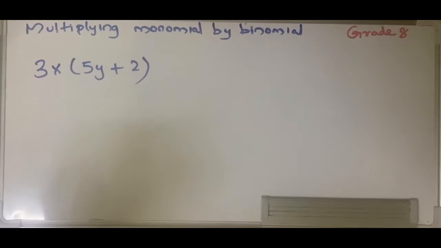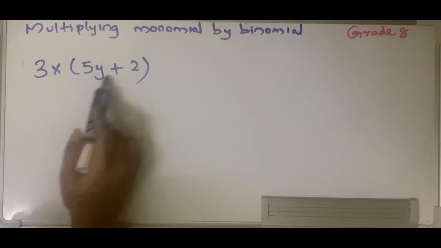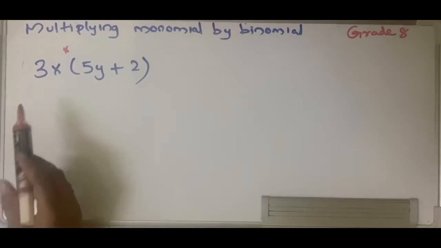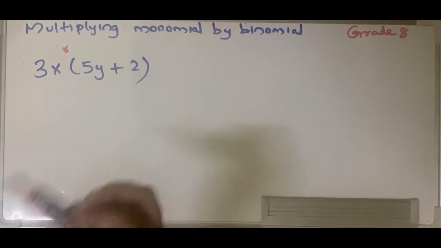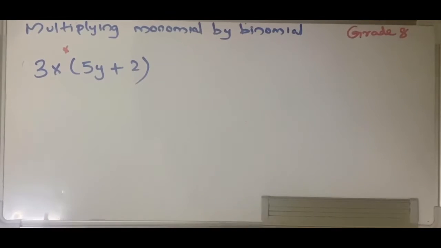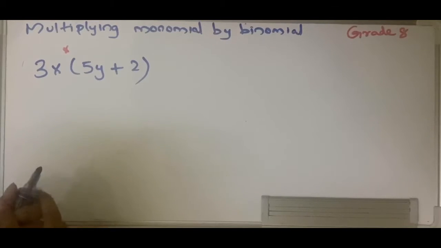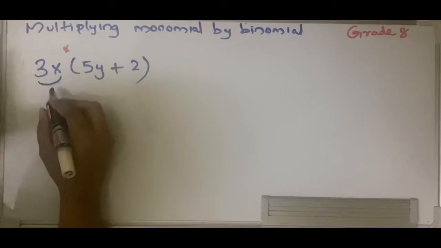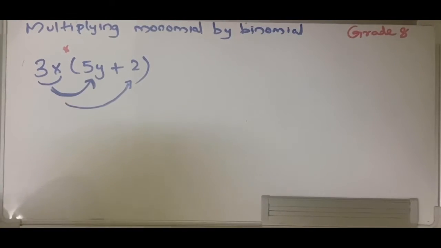So here, if you look into this particular example, you can see a monomial which is 3x, right? And bracket means multiplication. Bracket represents multiplication. So you have 3x multiply 5y plus 2, and here you see 5y plus 2 means you have two terms, because of which we call it a binomial. So when you have a monomial and a binomial, to do the multiplication, what you need to notice is that this 3x, first I have to multiply it with the first term in this particular binomial, right? You have to multiply 3x with the second term.